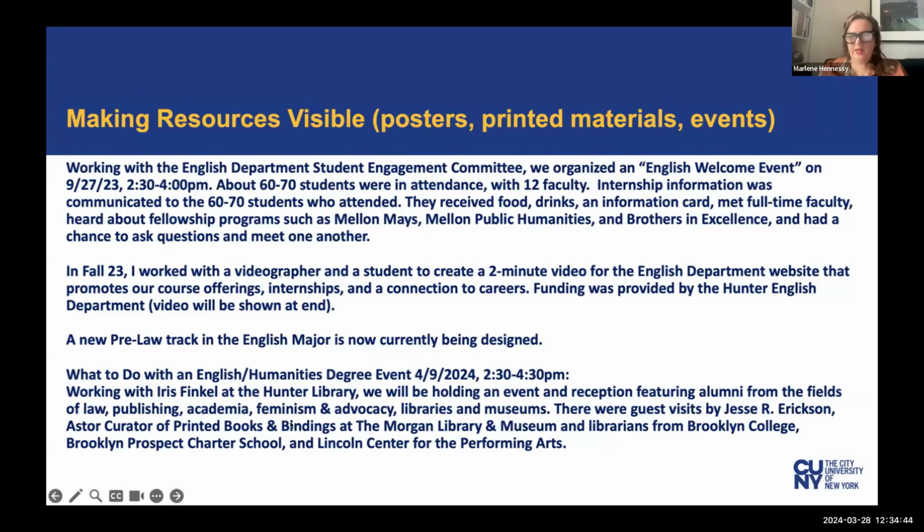Two other good things that came out of Career Success is that we're trying to design a pre-law track in the English major. We have a lot of students who go into law in our department, but we've never really had a formal track for them. So we're trying to design that and think about how to do that. And that's through the Student Engagement Committee. And then finally,